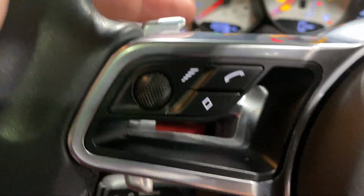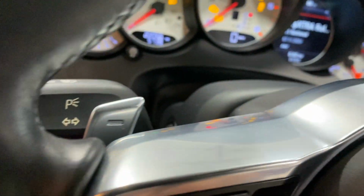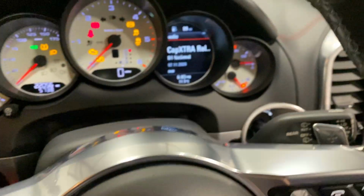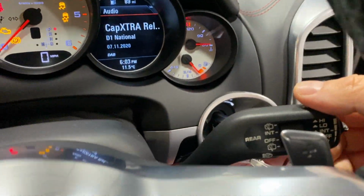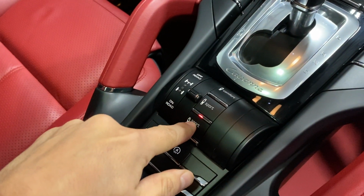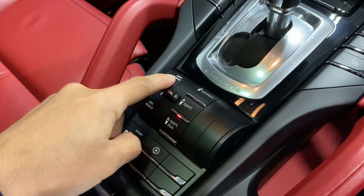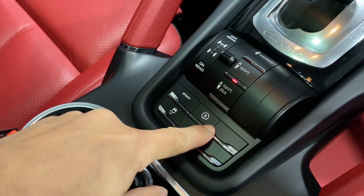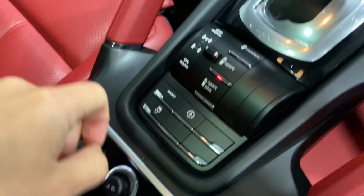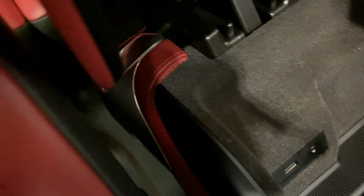cruise control, solid aluminium flappy paddles for the gear selectors, parking lights and indicators, and here of course you've got your wipers front and rear. Sport, Comfort, Sport Plus, great option to have, and then of course off-road or on-road options, Sport, stop start and traction control, 12-volt socket cover in place as it should be, and your central cover here has got your USB